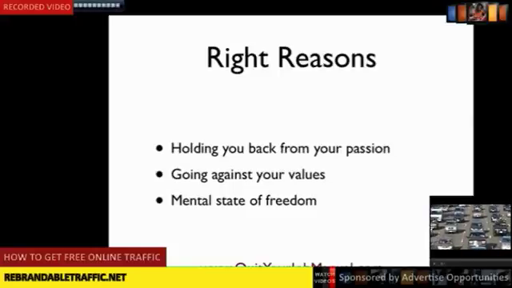Also, if you've reached a mental state where the freedom of doing something that's totally within your control, that you're totally passionate about, and to make that decision from a position of power, saying, I need to do this for my life. If you're there and you're prepared to quit a job because it's something you have to do for your life to be happier, that's a very good reason to quit your job. And I think that if you're there, then you have everything it takes to make it work.